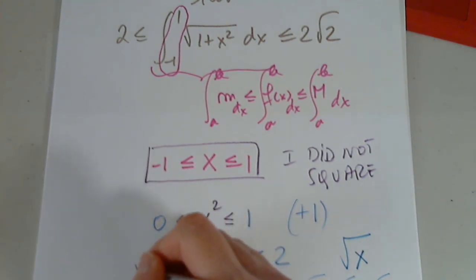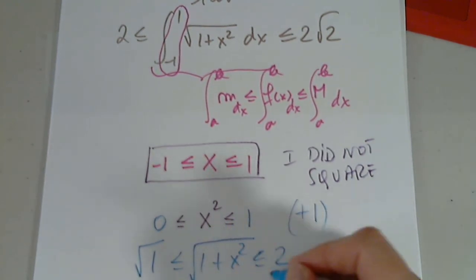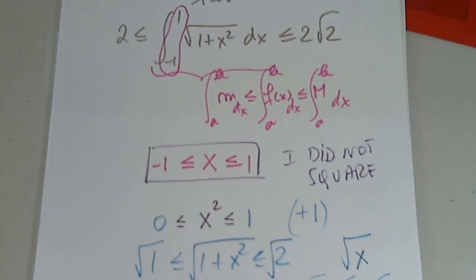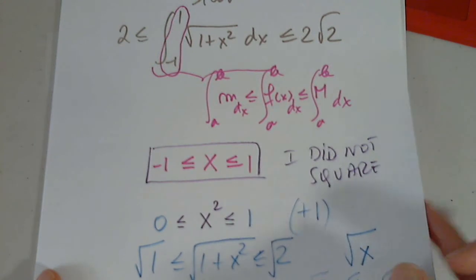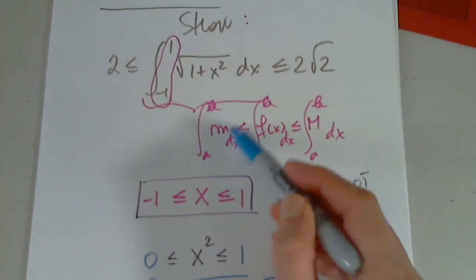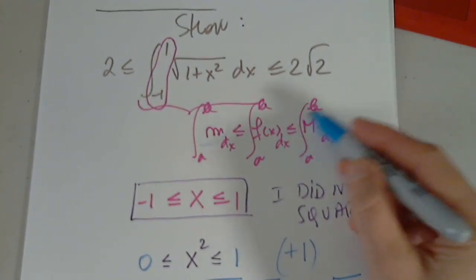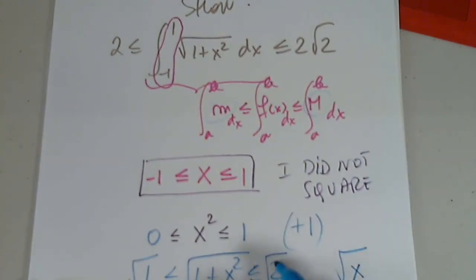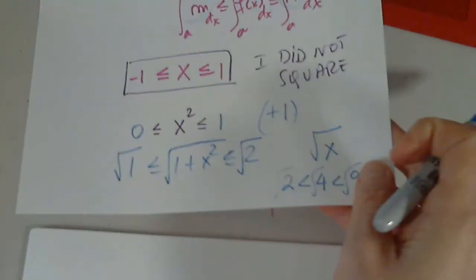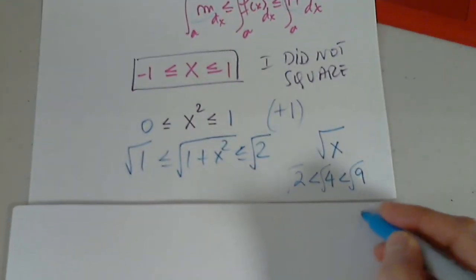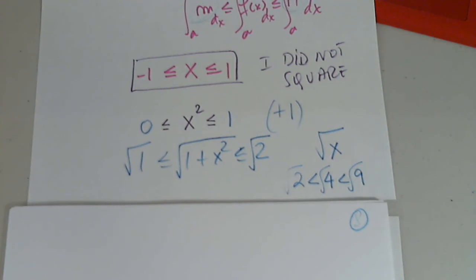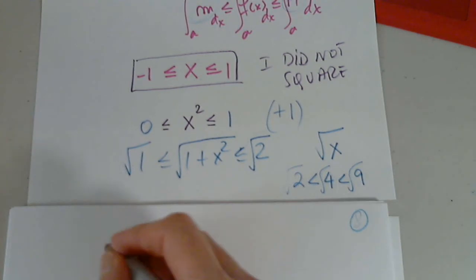Okay? So I'm going to do this then, because they're all positive. So when I apply the square root at the same time to all 3 sides, they will still stay in this relationship. So now I'm very close. My lower number is 1 because the square root of 1 is 1. My upper number is the square root of 2. So I am ready to apply the relationship that says,